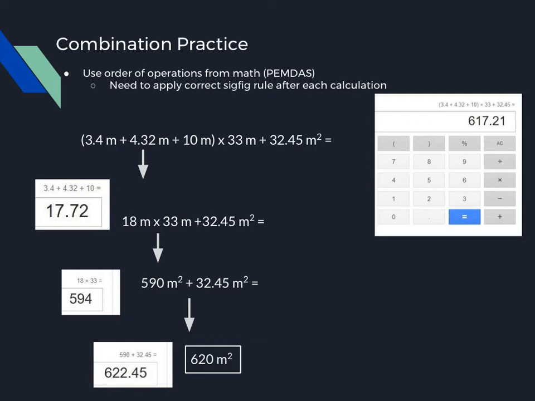All right, when we are doing calculations where we have both, we might have adding and subtracting or multiplying and dividing in the same problem, a combination. We're going to use order of operations, just like you would in math class. So PEMDAS, which is parentheses, exponents, multiplication, division, adding, subtracting. After each calculation that we do, we have to apply the correct sig fig rule. So you can see over here on the right that if I plug this into a calculator, I get